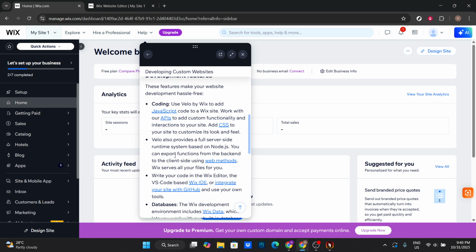There you have it. These methods allow you to incorporate JavaScript into your Wix site, effectively broadening its capabilities and user experience. The flexibility offered by Wix's development environment, particularly through Velo, empowers you to push the boundaries of customization. Remember, practice makes perfect, so don't shy away from experimenting with these features to see how best they serve your